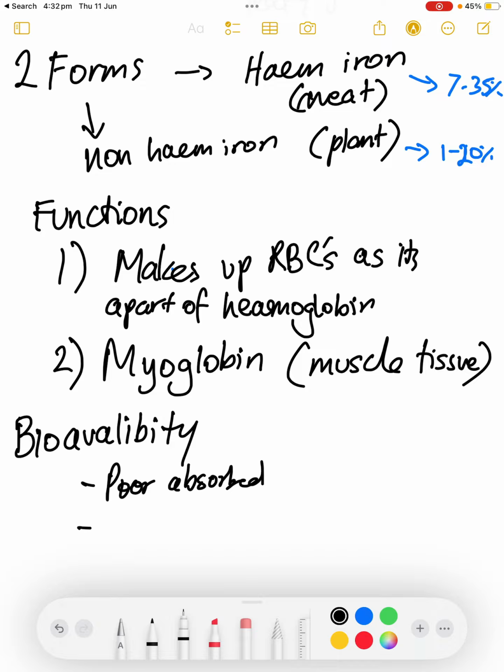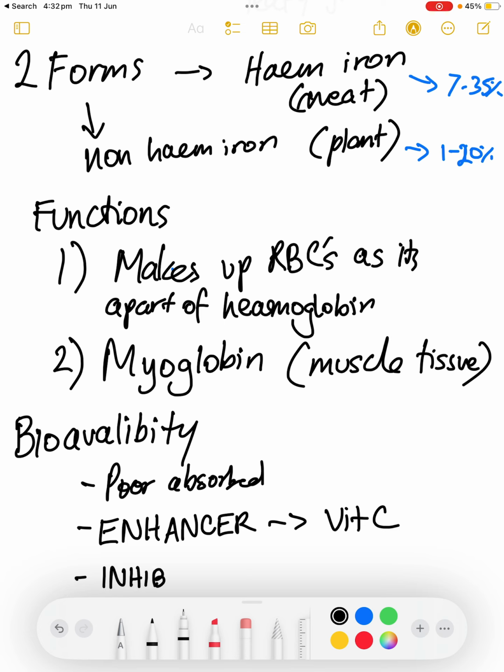An enhancer is vitamin C. What does vitamin C do? It protects iron, especially non-heme iron, from oxidation and boosts absorption into the bloodstream when it's eaten in the same meal. And an inhibitor